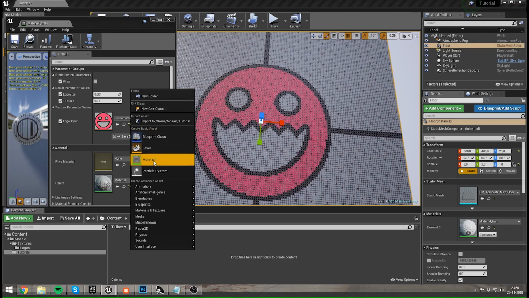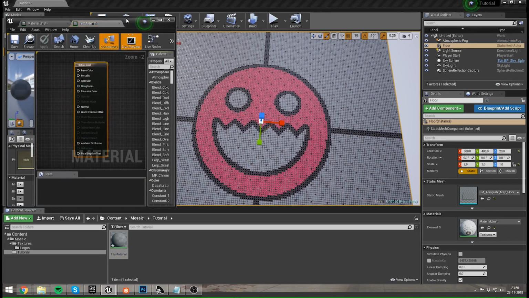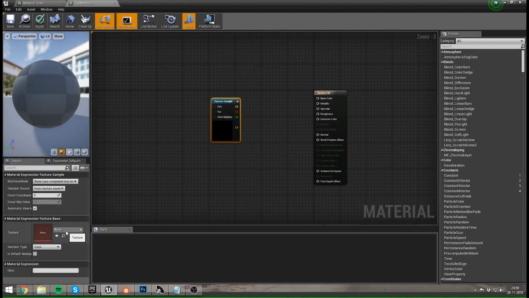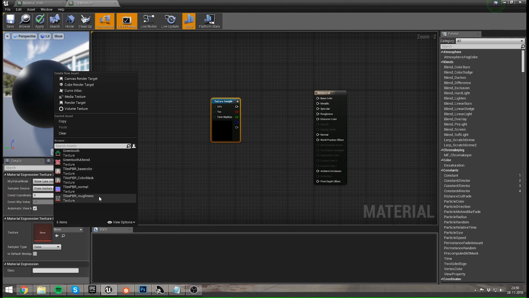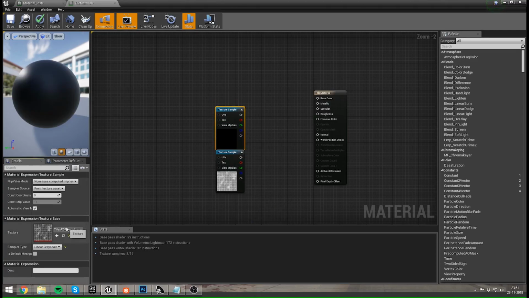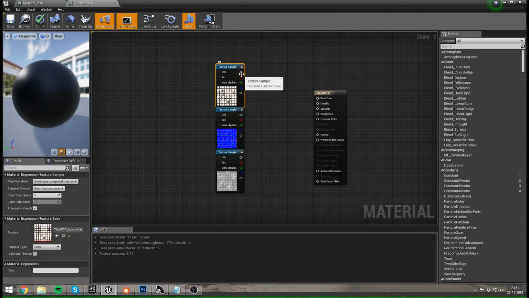First things first, you want to create a material. And in that material, you want to plug in your tile textures. I created a few very simple textures in Substance Designer. You can really use any texture you want for this. I've got a roughness map, a normal map, and a diffuse map. So if I plug those in,